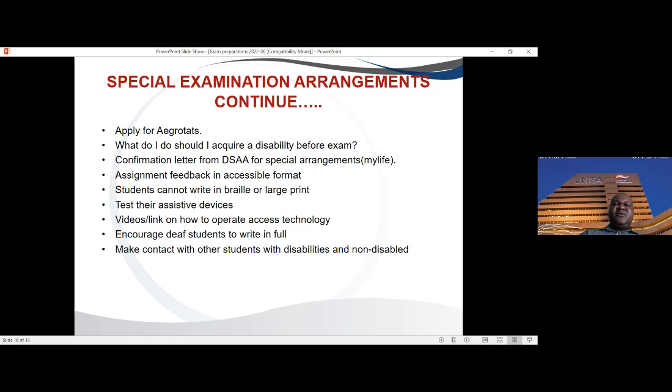Even though the university provided study material in alternative formats, including Braille, it must be noted that exams cannot be written in Braille. This was done to make sure that you are well prepared to write your exams. I'd like to encourage students to test their assistive devices before exams, in particular those who received assistive devices recently from the bursary. And for our deaf students, it's always important to try to write in full, even though we know that at times